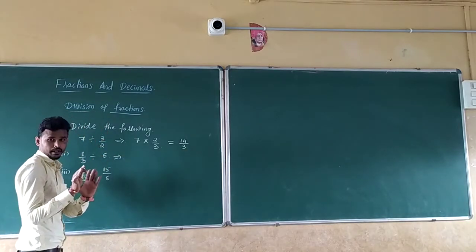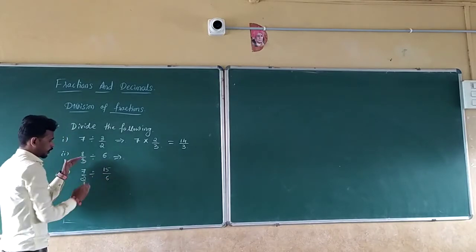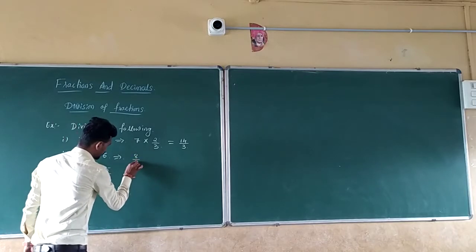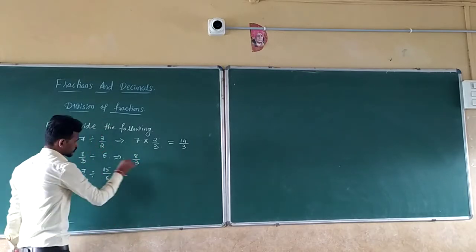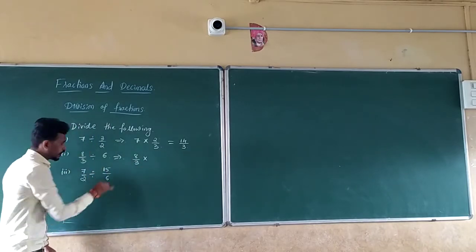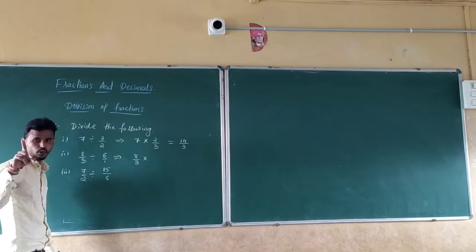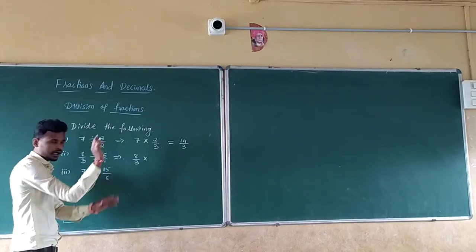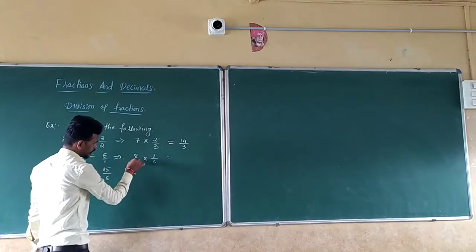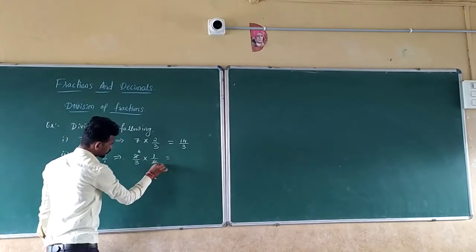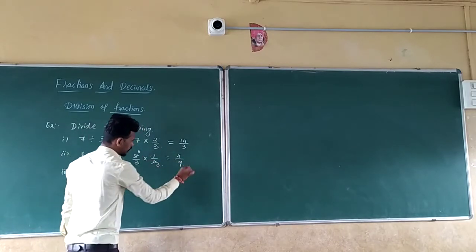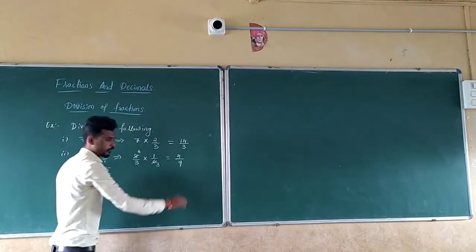Okay, similarly this one also. Keep the first number the same as it is. Don't change or reverse the first number. Here it is 8 by 3. So the operation division will become multiplication and reverse this. In the denominator, if there is nothing, it is always 1. So 6 by 1 is there, that will become 1 by 6. So which is equal to, we can divide here now. 2 4s are, 2 3s are. So 4 1s are 4 divided by 3 3s are 9. So the answer is 4 by 9.